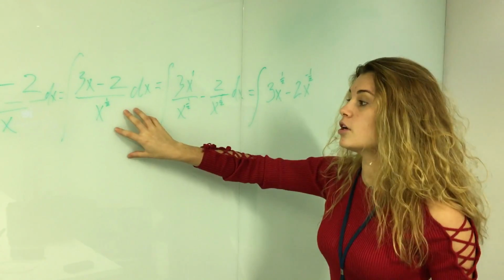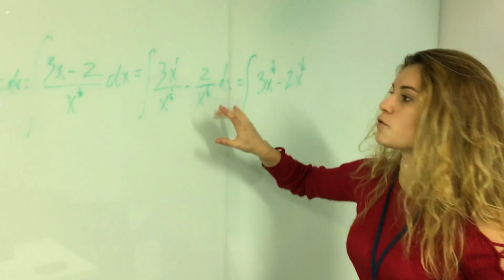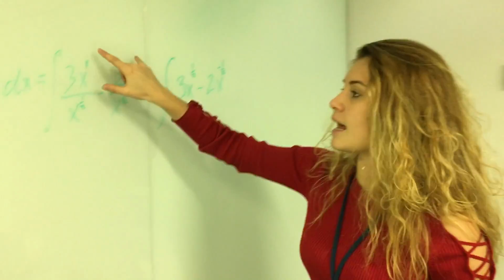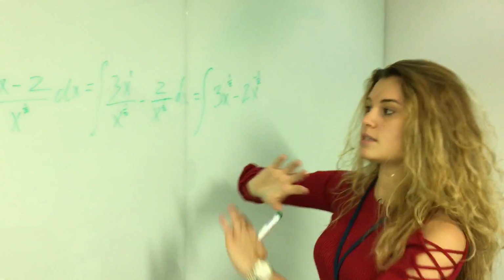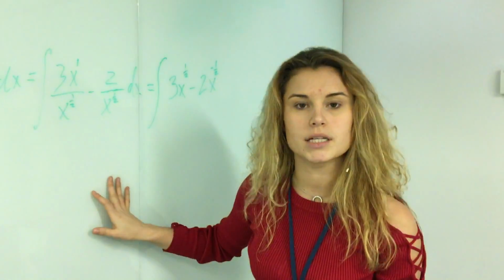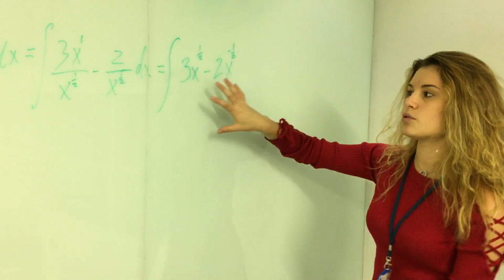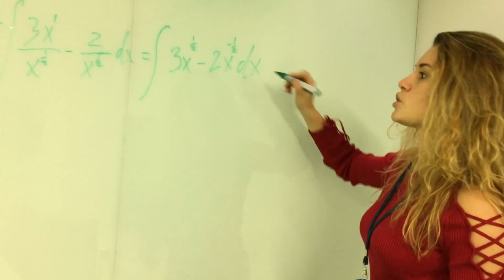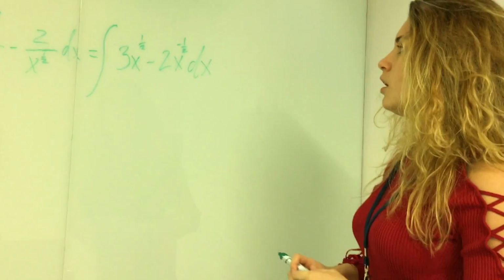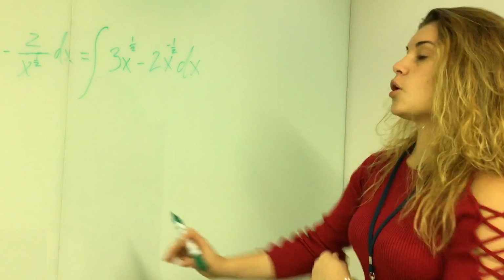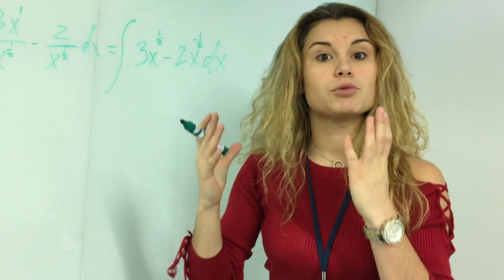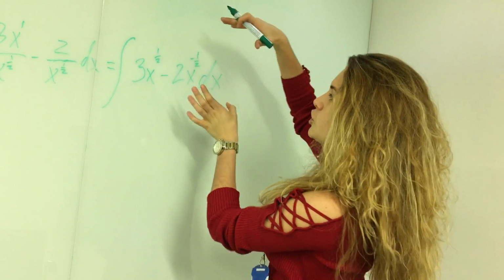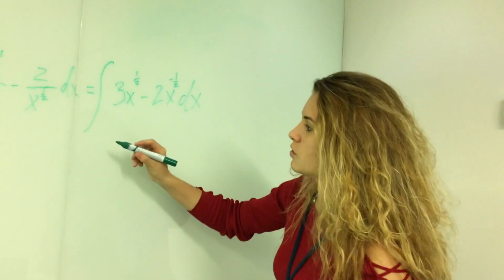The first step for simplification would be to rewrite the function like this. This will enable us to bring up the x's and get rid of the denominator. And this will lead us to this final function that we are going to integrate. Yes, guys. So to integrate, we're going to apply the subtraction rule. The subtraction rule means that we have to integrate each part of the function. So this would mean,